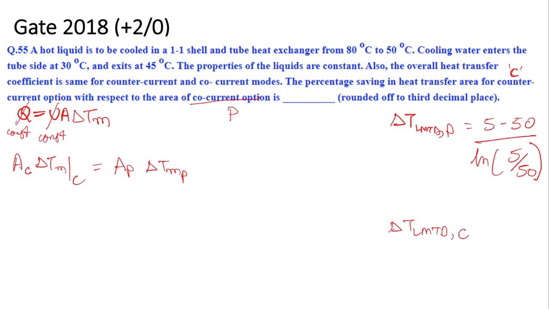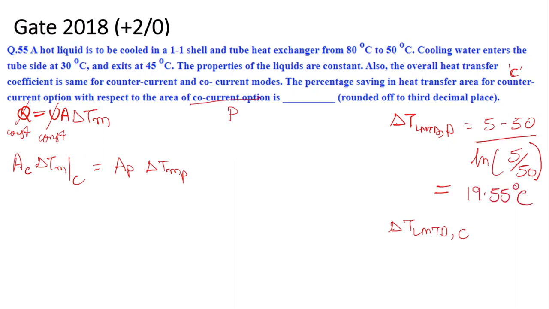The very reason why I am deliberately writing smaller value minus bigger value is to show you that even though I interchange these terms, writing 5 minus 50 instead of 50 minus 5, the answer would remain the same. You will expect this value to be negative, so the log value is also going to be negative, and that fraction will get cancelled and your answer won't change. Alright, so this value comes out to be 19.55.